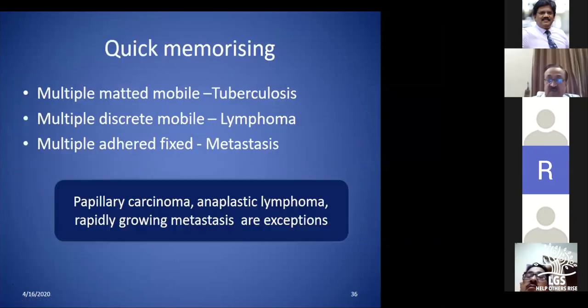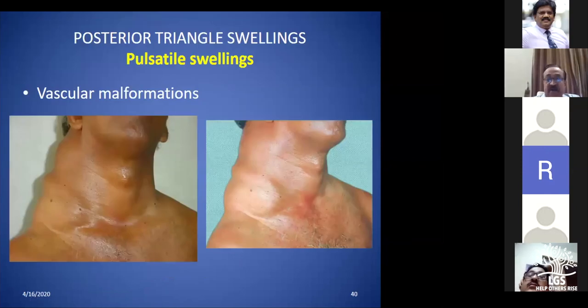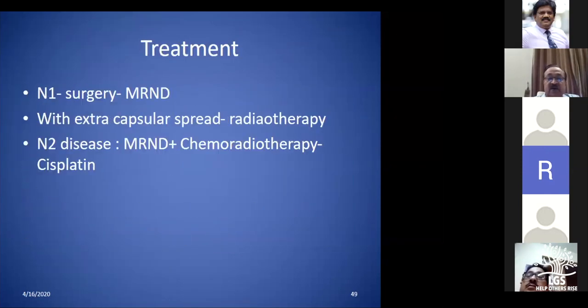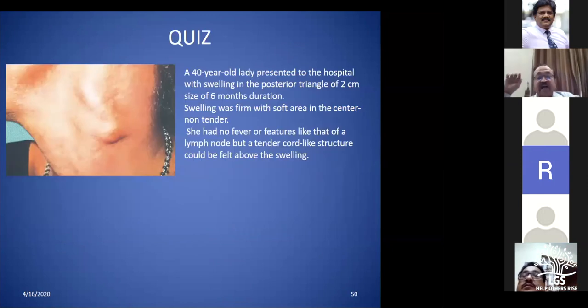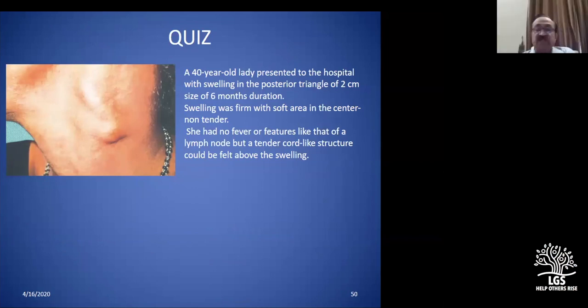Okay. So with this, I think I'll conclude my talk with a few things, and a last quiz for you. Okay, before we go to the quiz, can you ask me any questions? If I know, I will answer, obviously, related to today's swellings. Hemangioma, lymphangioma, these are all short cases for you. Aneurysm, cervical rib. I have not given you all the tests of cervical rib. Please refer to the book. Depending upon the time, they will ask you the details about the cases and about the tests. Yes.